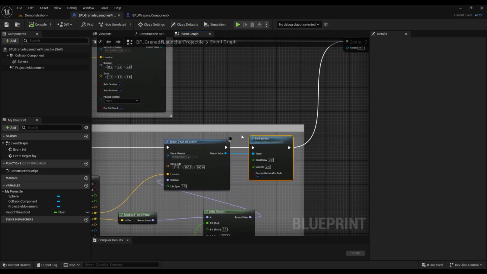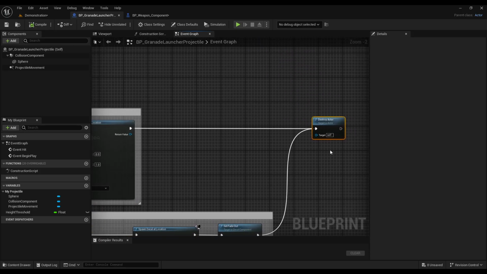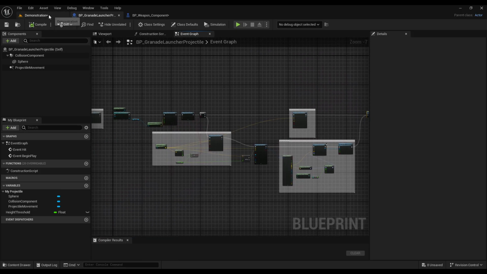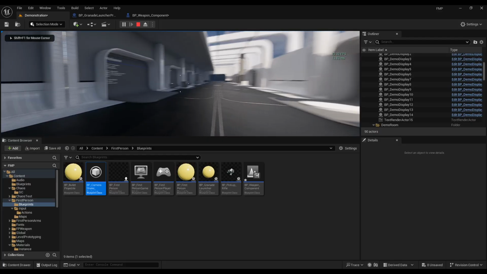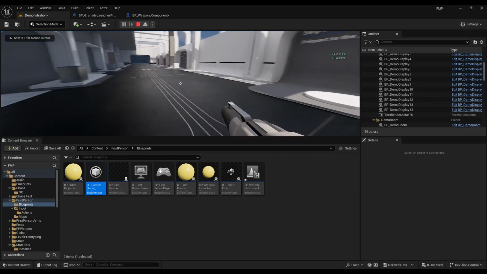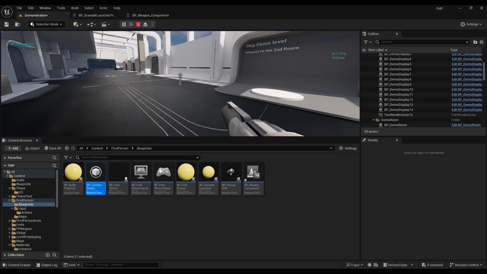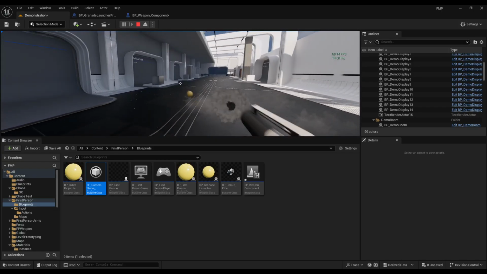And then we'll use set fade out, so it will fade out after 3 seconds, and the lifespan of this decal is 5 seconds, so from 4 to 5 seconds it starts to fade out, and then it will destroy the actor. So this is how this grenade launcher blueprint works if it collides with anything,